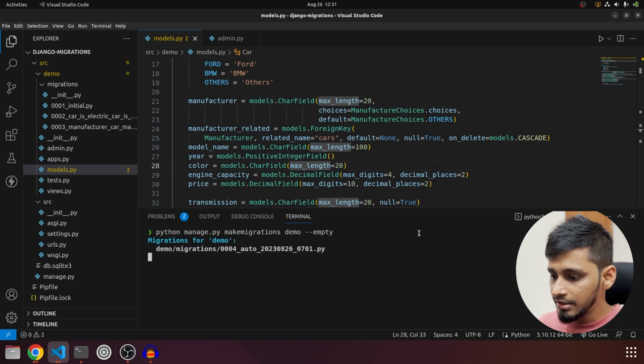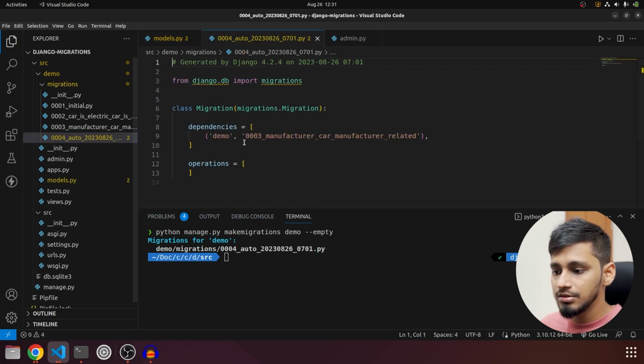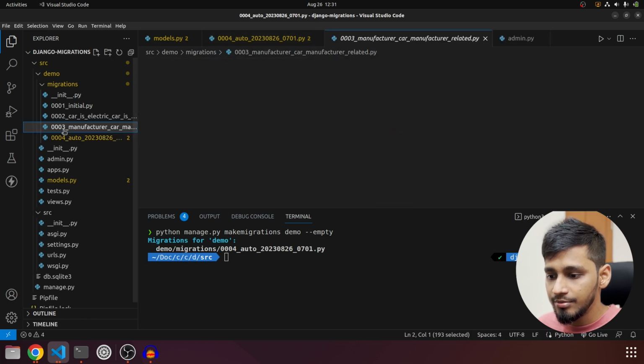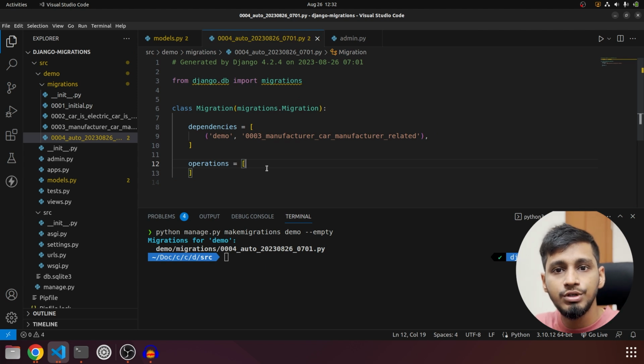I'm going to press enter, and it will create migration number 0004, and if you see, there is nothing over here. If you remember in the previous one, we had added a new model and add field. Here there is nothing, and if we open this 0004, it is all empty as compared to 0003. So we'll go back to this fourth one. Over here there are two ways of doing this. One, we can only specify what the forward migration should do, basically what this 0004 migration should do, and when it is unapplied it will do nothing, that is RunPython.noop.